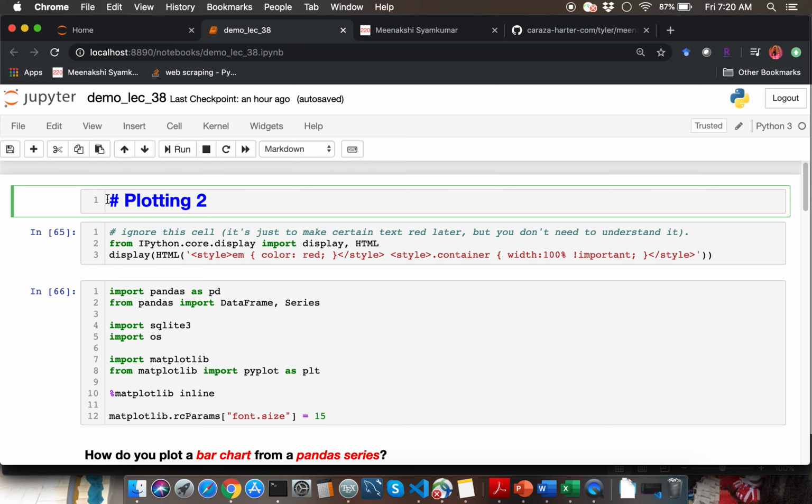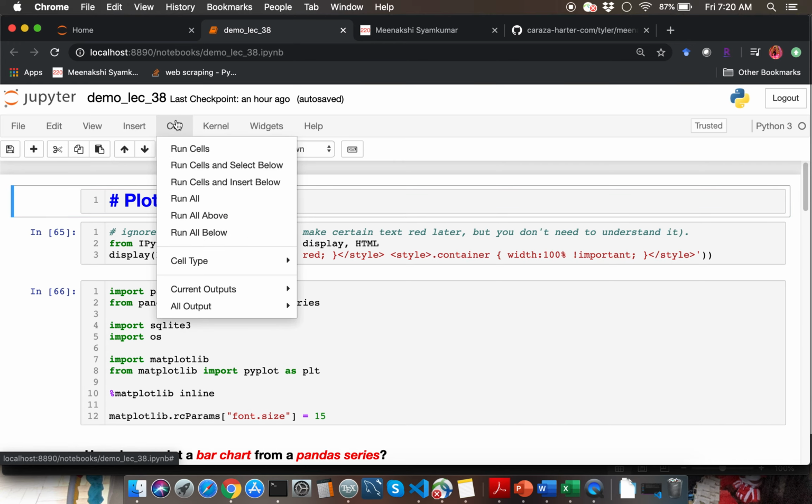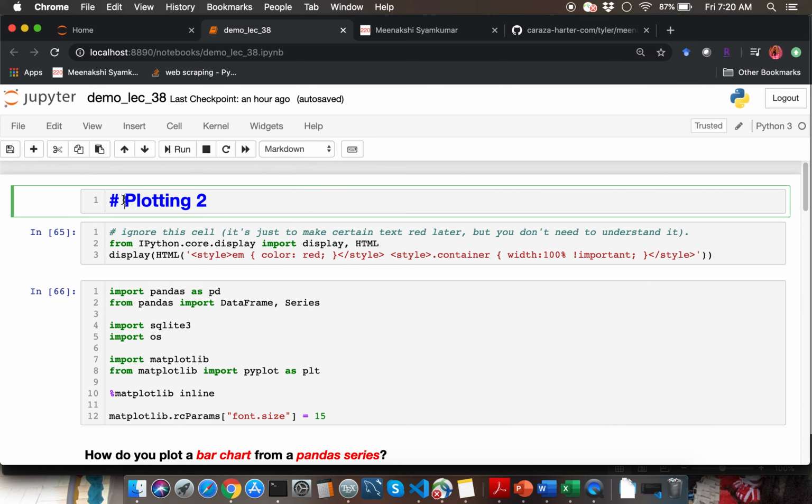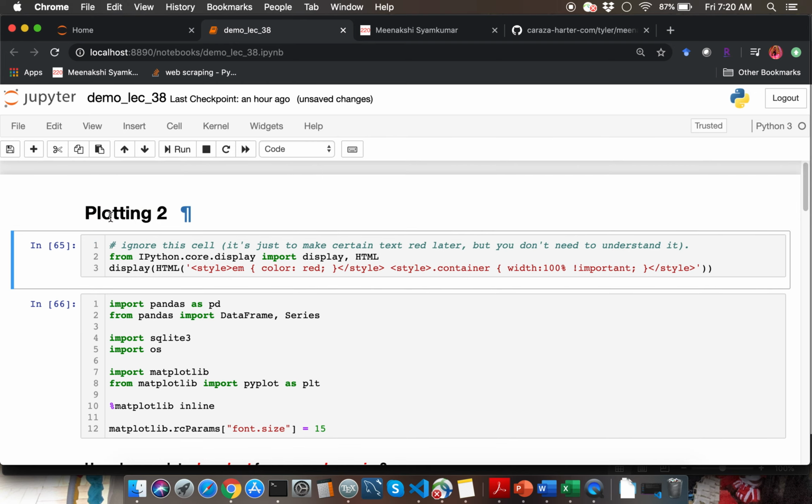So one hash means that your text will be really big. Two hashes means it will be a little bit smaller, and then so on. Once you add this content, you need to go to cell and cell type and mention that it's markdown. I've already done that for this particular cell, and then if you go ahead and run it, it will create a markdown cell for you